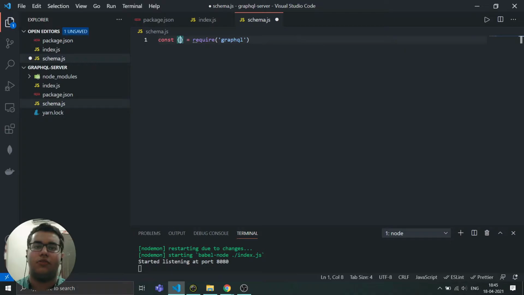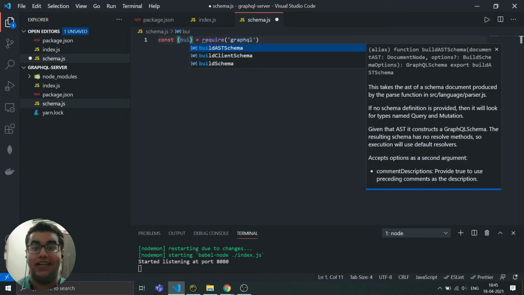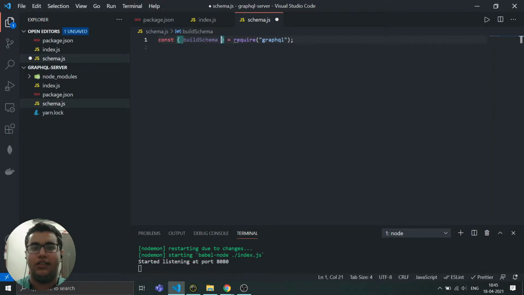And what comes from GraphQL? That is buildSchema. So buildSchema is imported from GraphQL, and let's create a schema equals buildSchema.